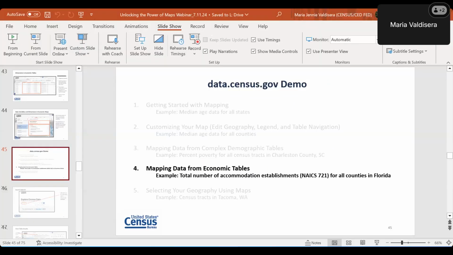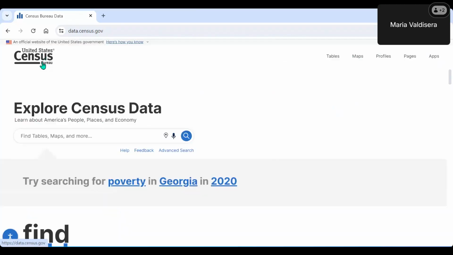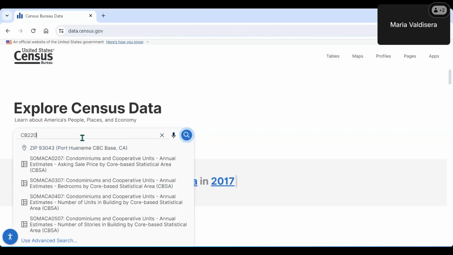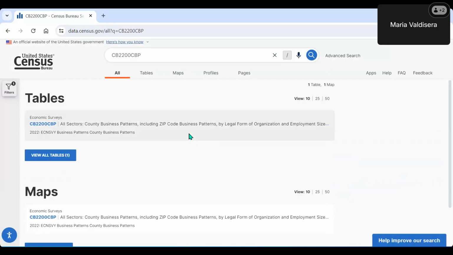If I know the table ID for my table, I can also use the single search bar to type that in directly. So I'm going to type in CB2200 CBP. This is a county business patterns table from 2022. And if I click on the magnifying glass icon, I can see that this is the only table that comes up.